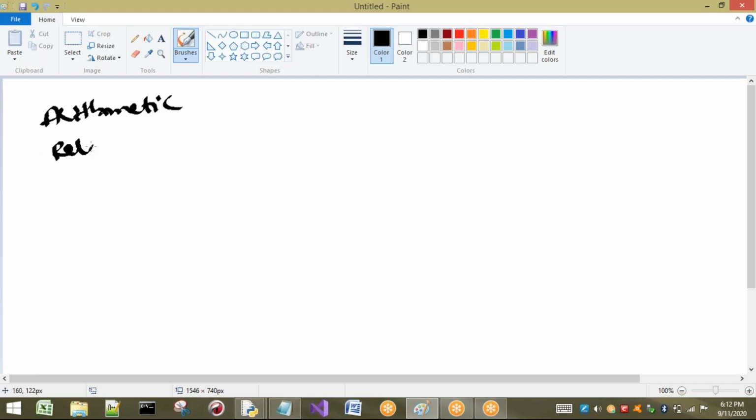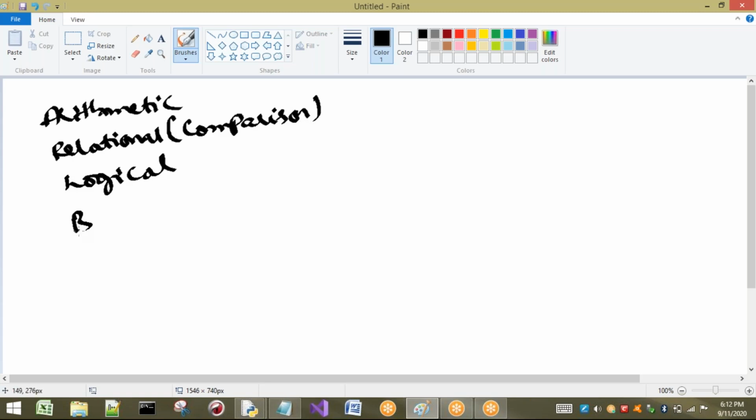Next, relational operators, which we can also consider as comparison operators. Next, logical operators. Next, bitwise operators and also assignment operators. And lastly, some special operators.